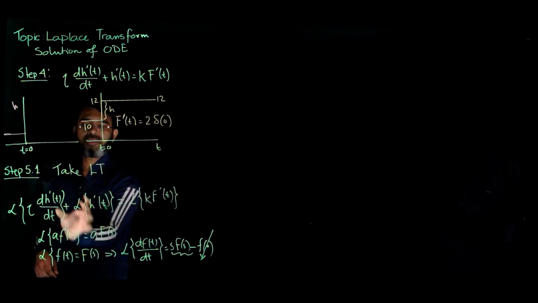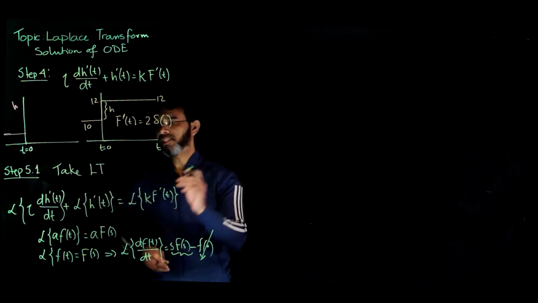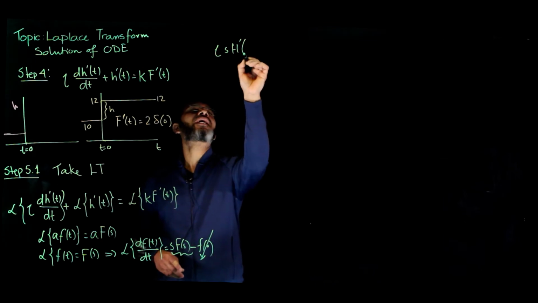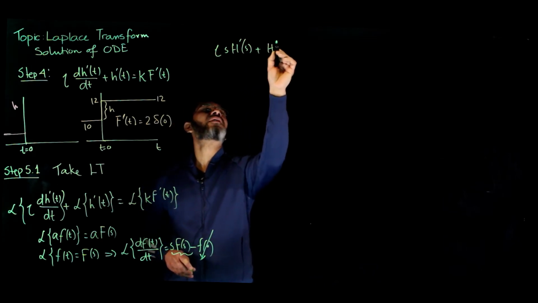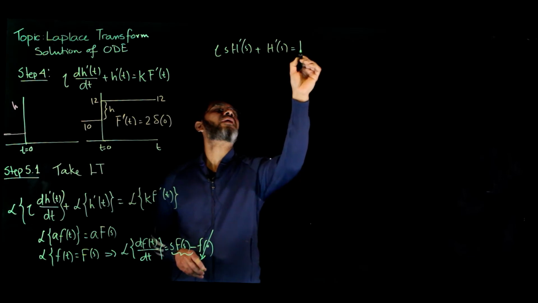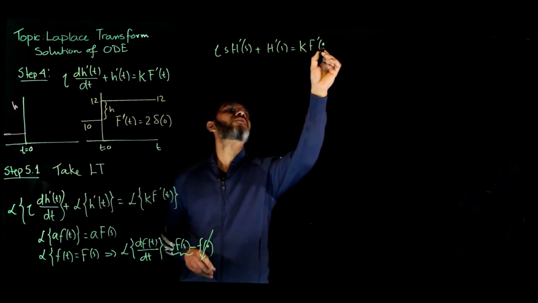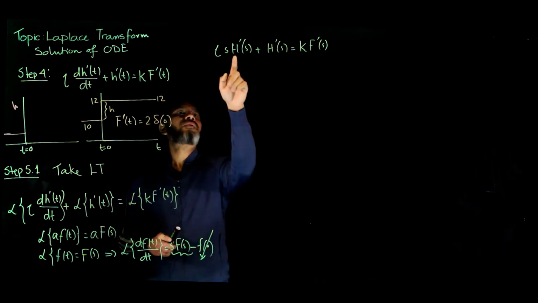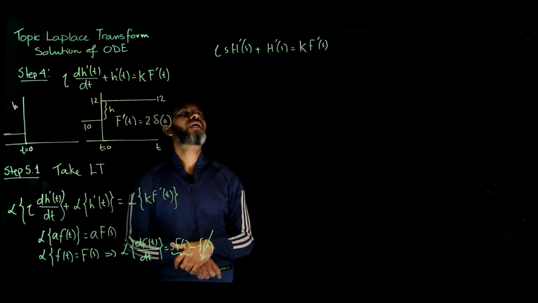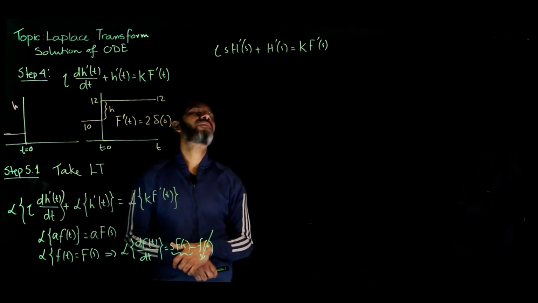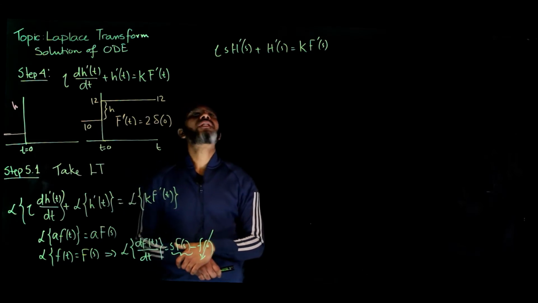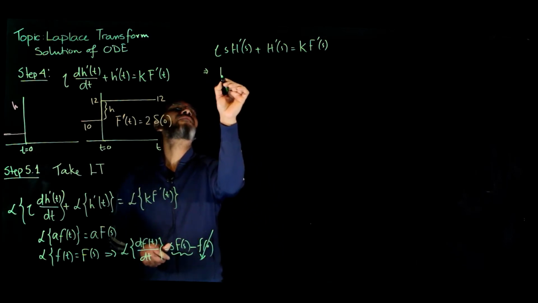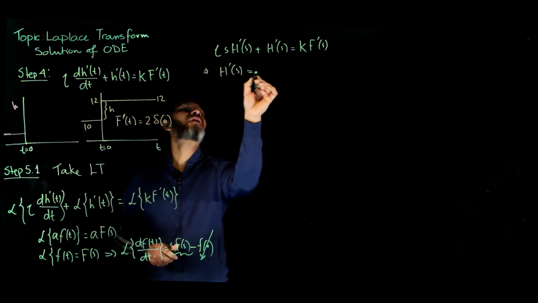So the left hand side will have tau s H'(s) plus H'(s). Typically, if the function is represented by a small letter, we use the capital letter in the Laplace domain to represent the same function. If you rearrange this, we'll have H'(s) equals